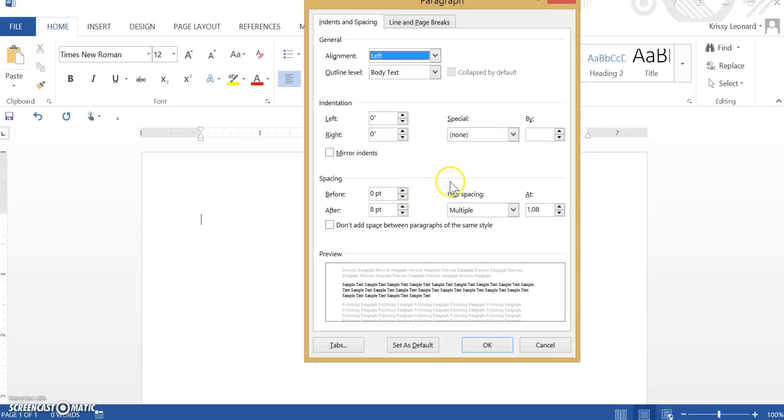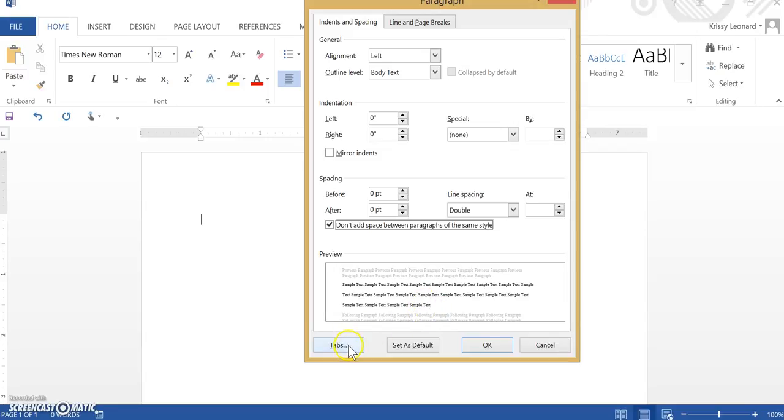Well, you want to make sure that all of your paragraphs, your entire paper, should be double spaced. So what you want to do is remove all of these options. They should be at 0. Your line spacing should be at double spaced. And you do not want to add a space between paragraphs. It may look like that in books that you read or even textbooks, but that's not appropriate when you're talking about submitting papers in MLA or APA style. So all of your text should look like this, where it's all double spaced.